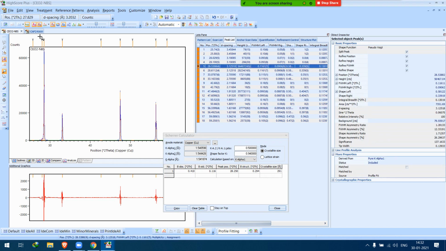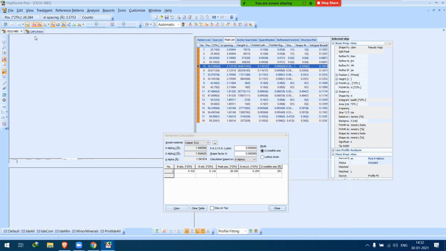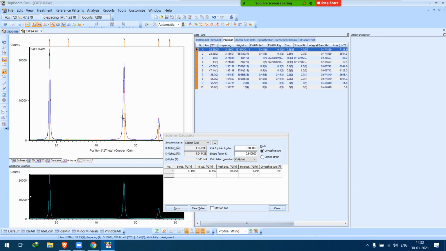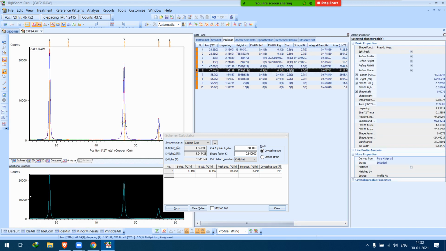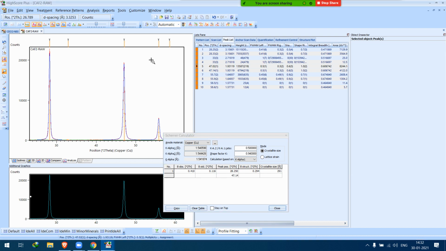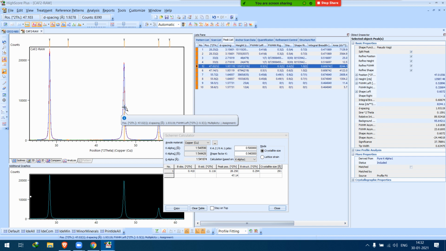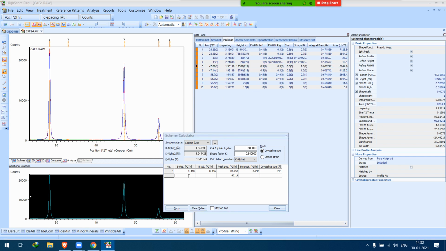I'm going to shift again to my raw material. The peak position is 47.14. Broadening is around 0.5. And in the standard, how much do we have?